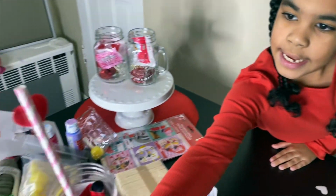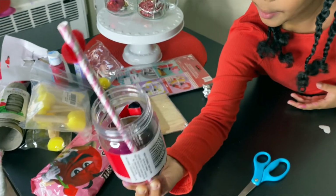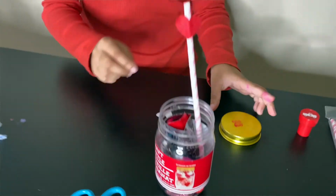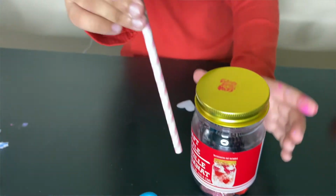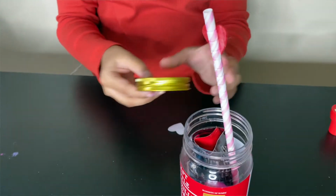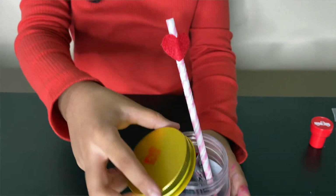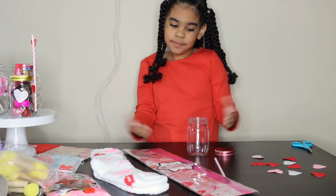You have to make sure to take off the little covering, the wrapping paper. It looks like wrapping paper. If you take the stick out and you hang on to it, it won't really work as a gift, but that is the second craft. Third craft that we're gonna do is